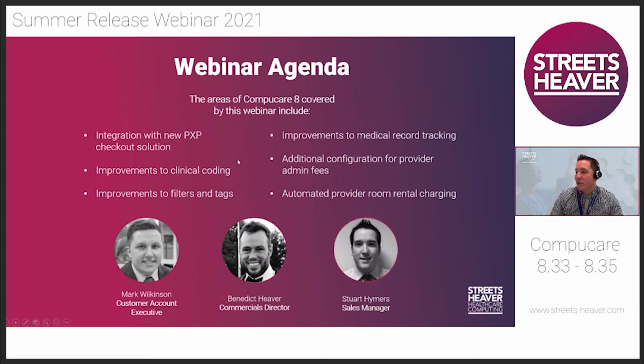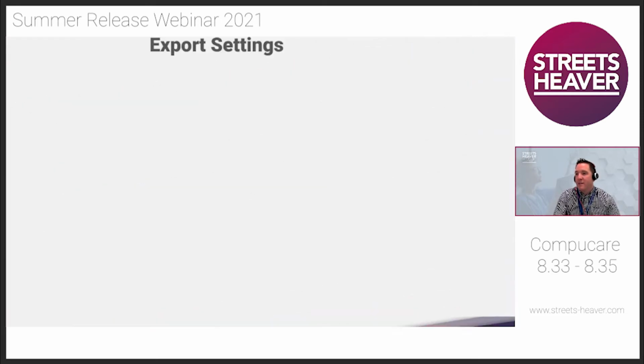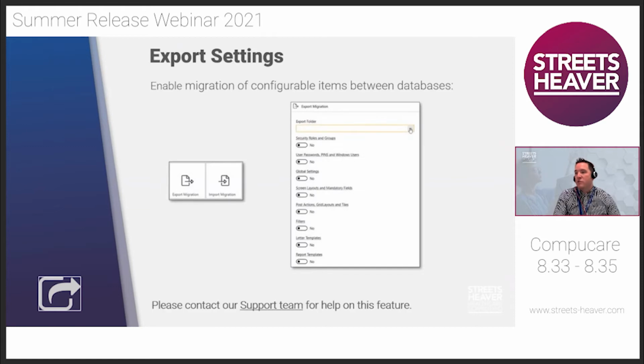So let's just have a look at the first slide. We're just going to go through some general improvements that we've made. And so the first thing we wanted to talk about was a couple of new apps that we have called export settings. And this has really been put into the system to help our projects team mainly when we're working with you with regards to rolling out new functionality, new screens, or particularly when we're upgrading clients from one version